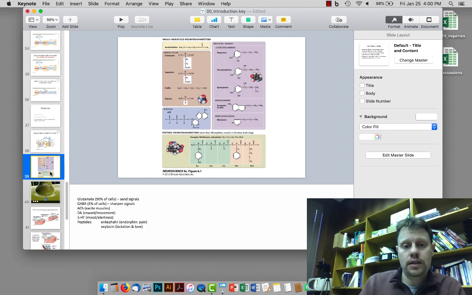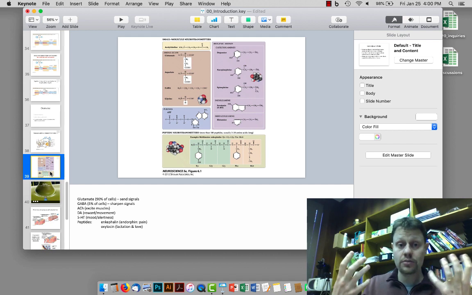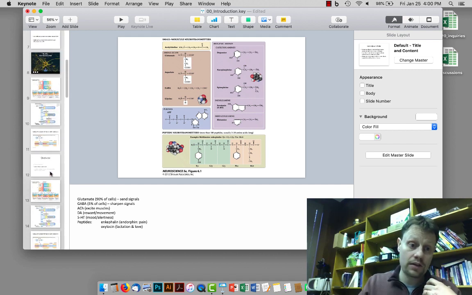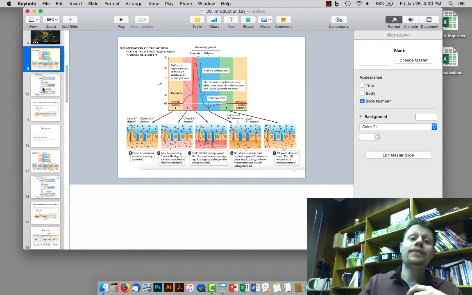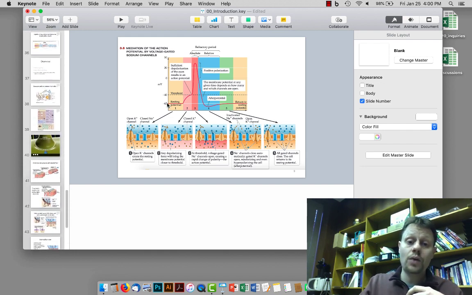Especially important for this unit are, first of all, the most common neurotransmitter in the central nervous system is glutamate. Glutamate binds to an ionotropic sodium channel, or a ligand-gated sodium channel. Glutamate is the ligand, the external signal, that binds to a channel, and unlike the voltage-activated sodium channels, which activate when a cell reaches a particular threshold voltage, the glutamate sodium channels activate when an external signal comes in from a presynaptic neuron. And that is what depolarizes our postsynaptic neuron to get it to fire its own action potentials.